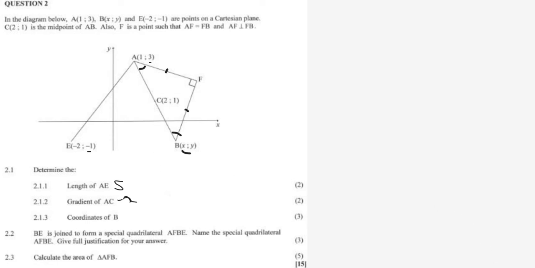The next question that they tested us on is the coordinates of B. B is here. For B we are only given that it is x and y. We don't know the x and y. But something that includes B is something that we got just there. We were told that AB is a line, so that C is the midpoint of this line. Midpoint exactly. So when we're calculating the midpoint, we have a formula that says